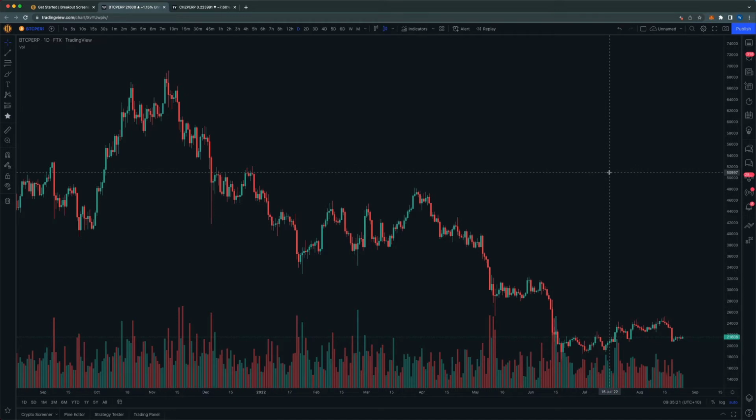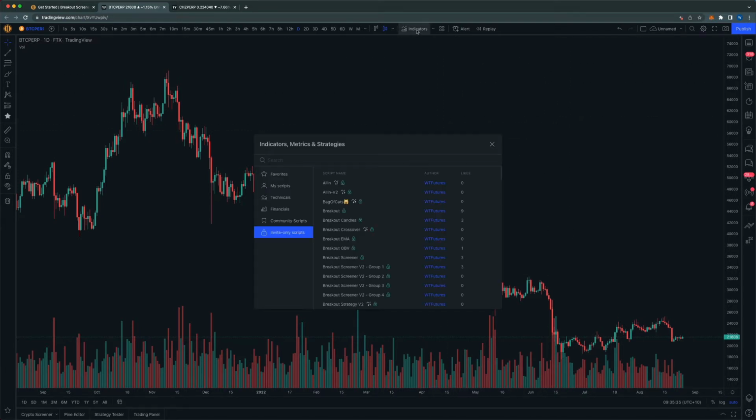So you've registered, we've activated your account, and you're now ready to load the indicator for the first time. So I recommend pulling up a fresh Bitcoin chart on a daily chart, and let's load the indicator. So we pop up to Indicators, Invite Only Scripts, and this is what you're looking for, Breakout Screener version 2,